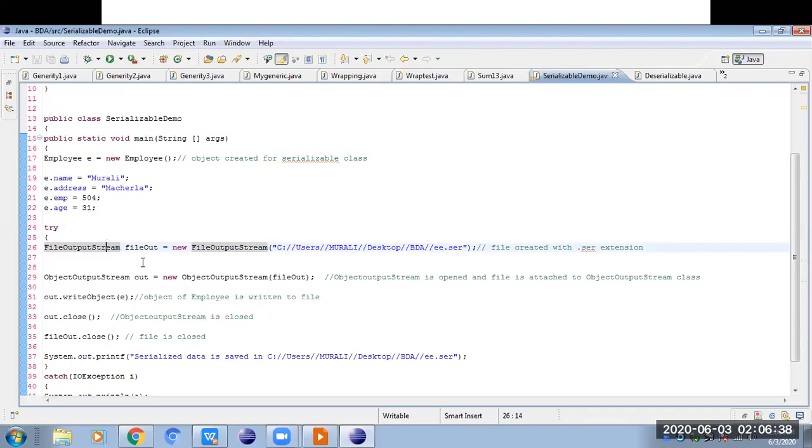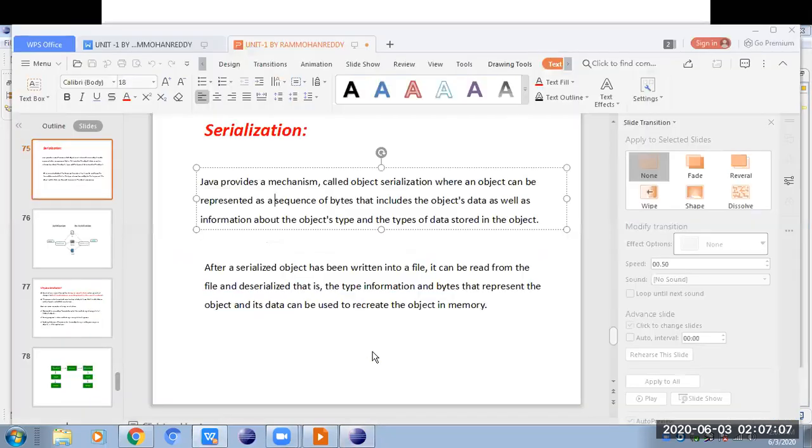We are creating a file with the object name fileOut, and that fileOut object is given as an input parameter to this ObjectOutputStream object out. So now the file ee.ser is created and attached to the ObjectOutputStream. Now, by calling the writeObject method of the ObjectOutputStream, as we have seen previously in the PPT,